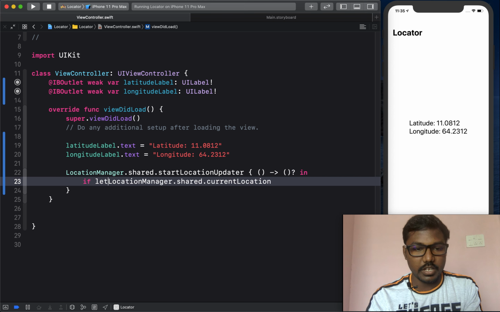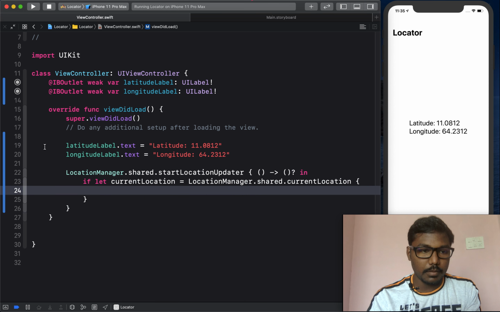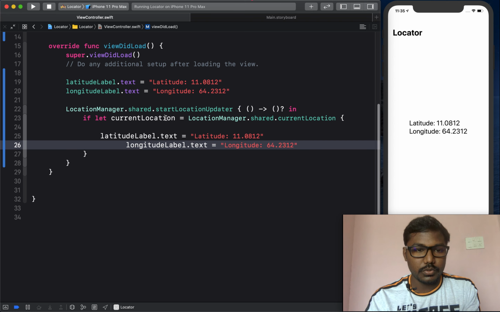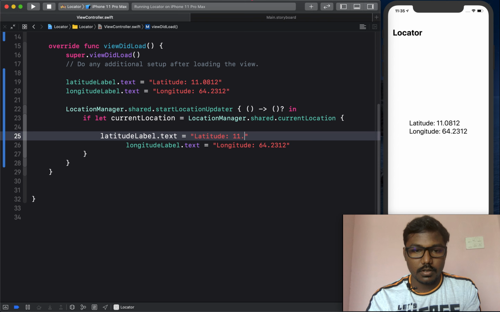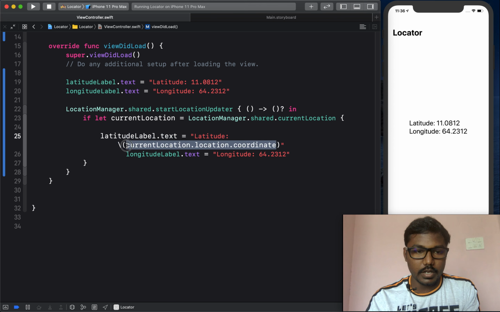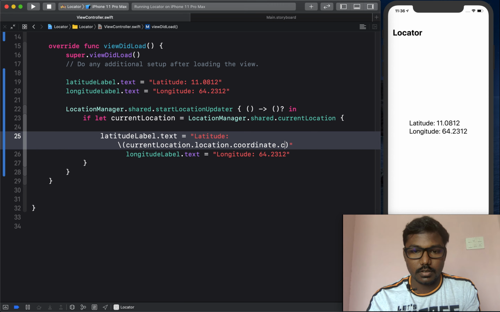Now I get my let currentLocation is equal to that, then I am printing these two variables into the label using the coordinates of location.coordinate.